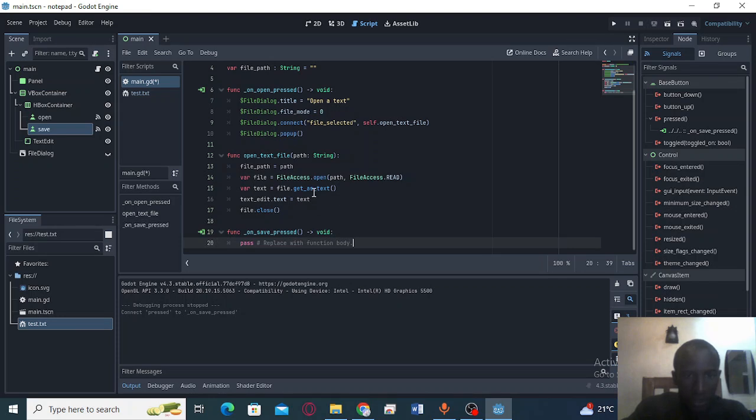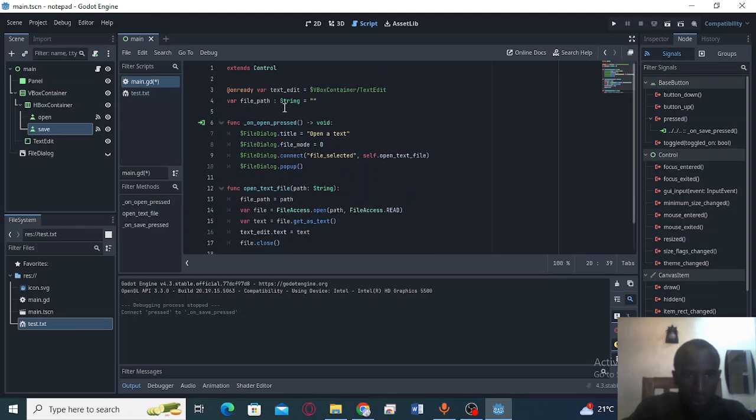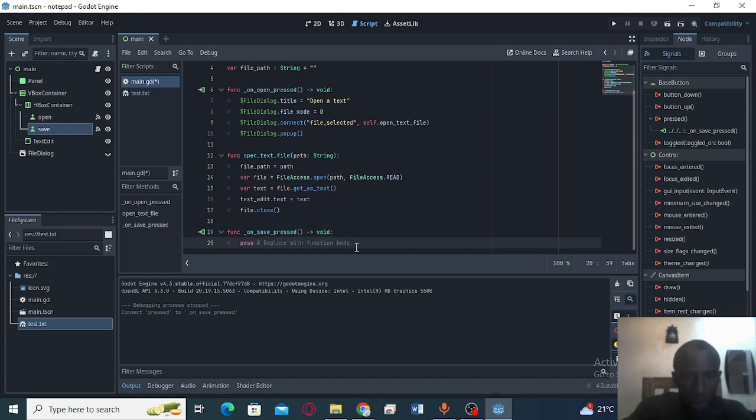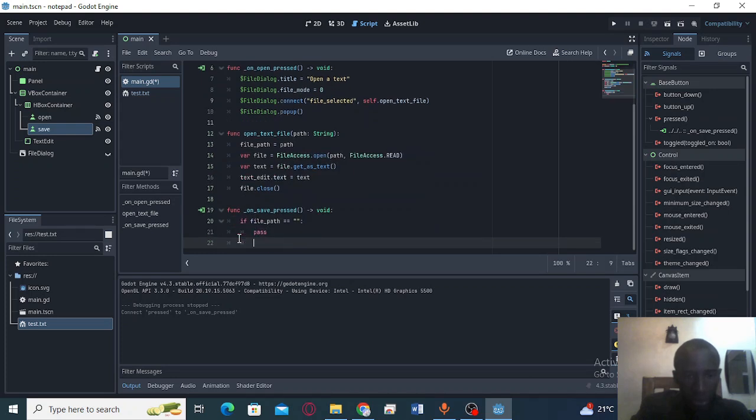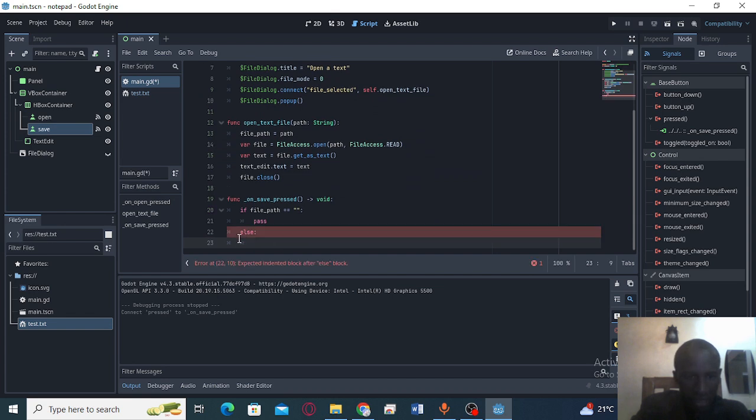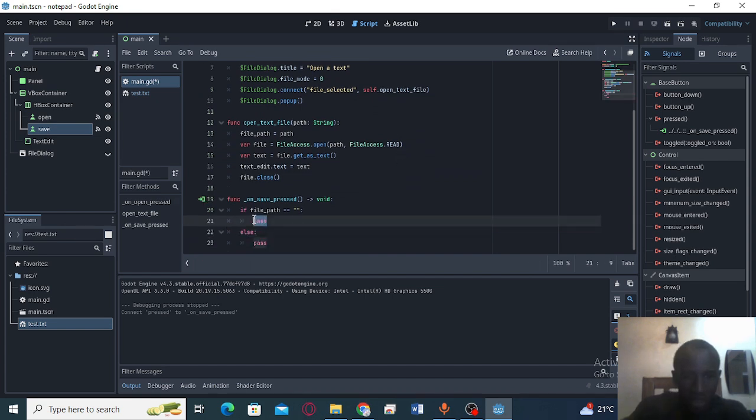So we will set the file path to the file path that we've selected to this variable over here. So in the save function, we are going to say if we have selected any file path, or if we haven't selected any file path, we are going to do something. And if we have not selected a file, what we want to do is we'll